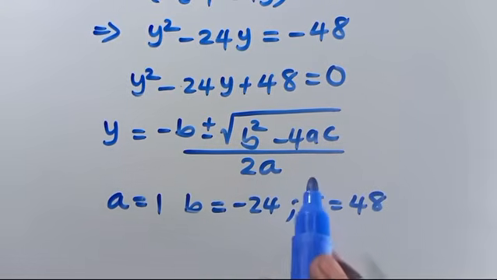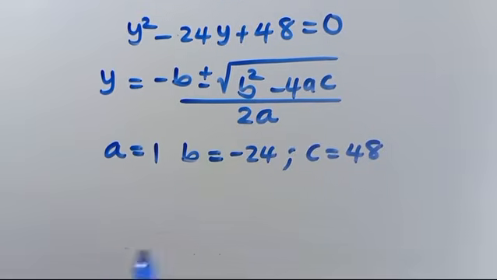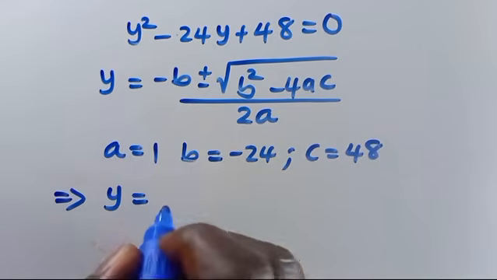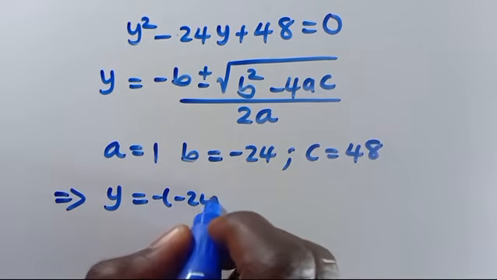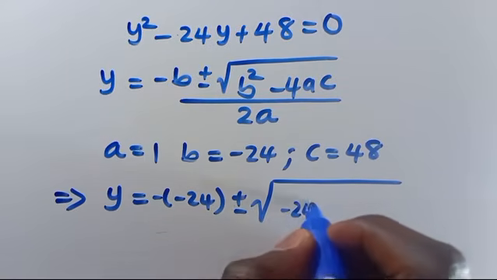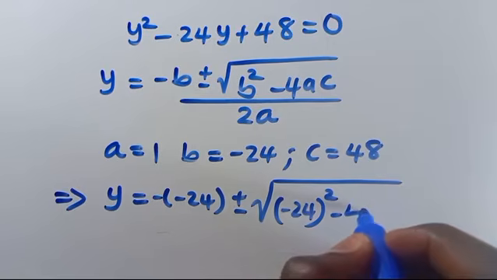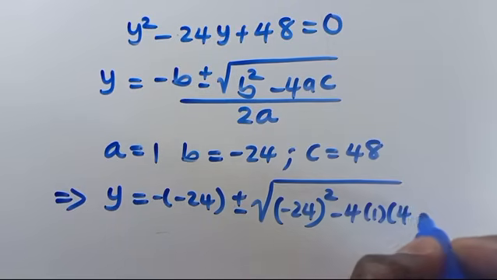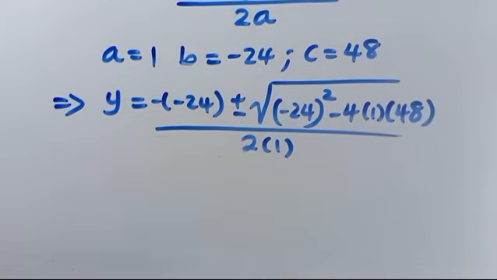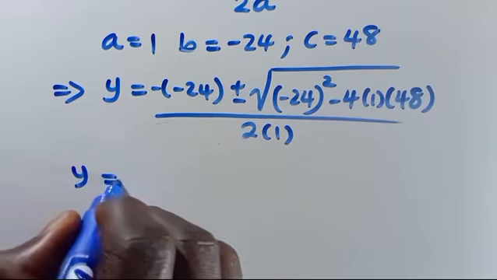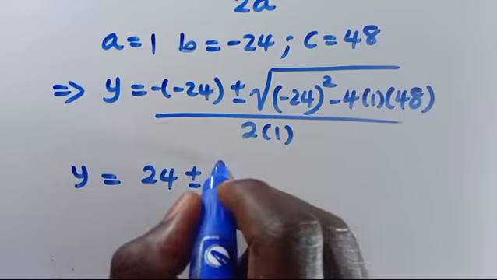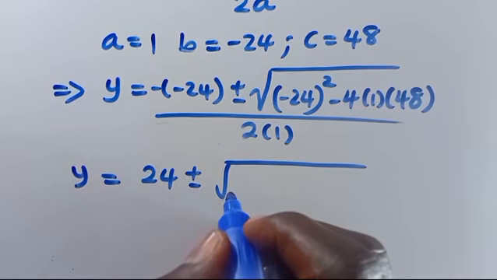Now let us substitute everything in the above. So we are going to have y equals minus times minus 24, positive or negative, square root of minus 24 in parentheses squared, minus 4 times a, which is 1, times c, which is 48, over 2 times 1, which is a. So we have y equals, minus times minus will be 24, plus or minus the square root of